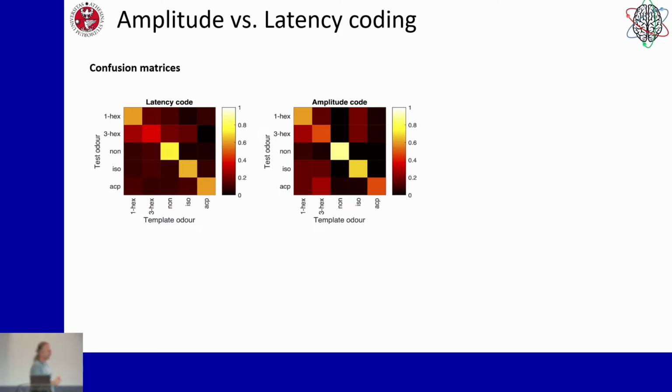One question now remains: is this actually independent information, or is this completely redundant? Because it could be possible that if the amplitude is high, the activity will also rise earlier. So these could be representations of exactly the same amount of information, and then we wouldn't gain anything by looking at latencies. So to test this, we now create vectors that contain both pieces of information, the latency part and the amplitude part, and then we do the same correlation to understand,